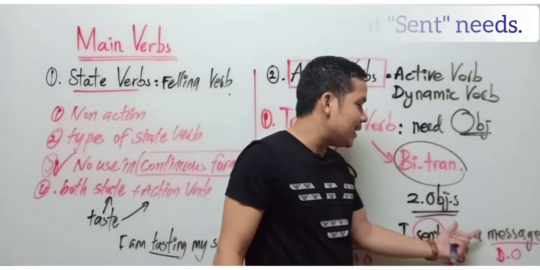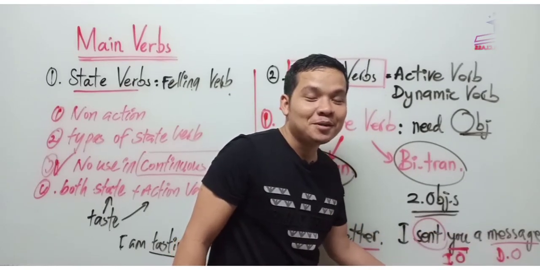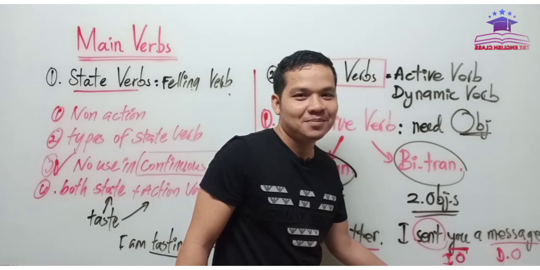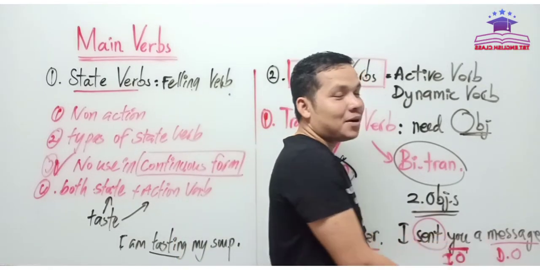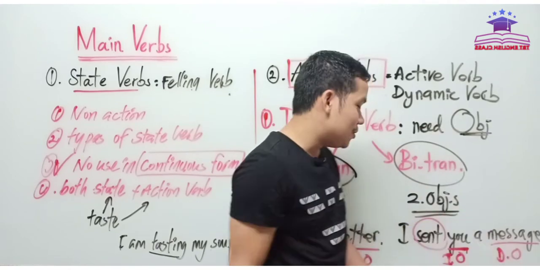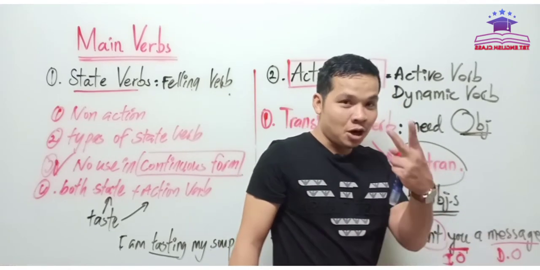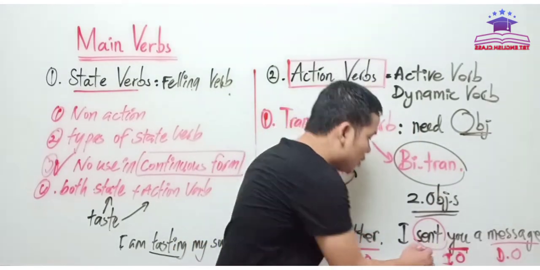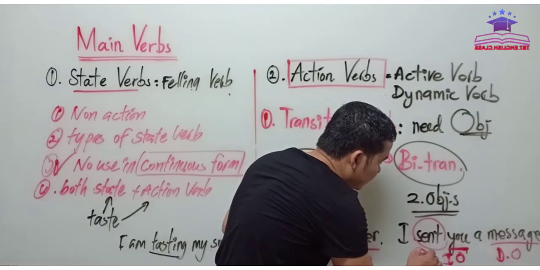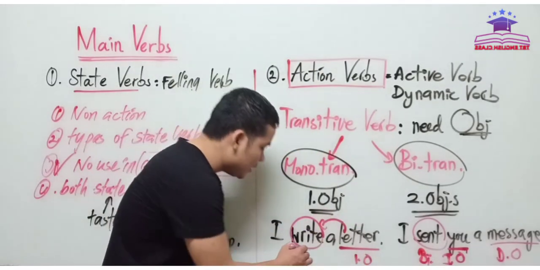So the verb that needs two objects like this sentence we call bitransitive verb. You get this idea? Like, I send you the message, or I send a message to you. So in this sentence we have two objects, you and message, and the verb that needs two objects like this one we call bitransitive verb. And the verb that needs only one object like this one we call